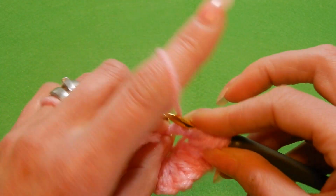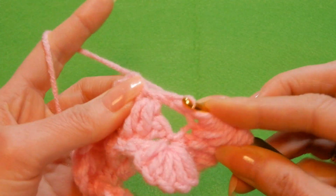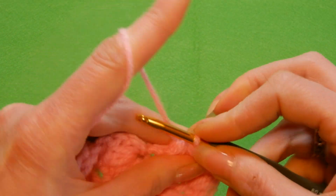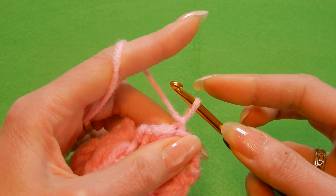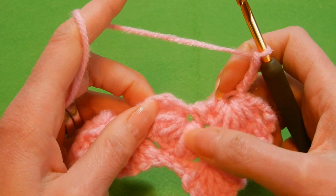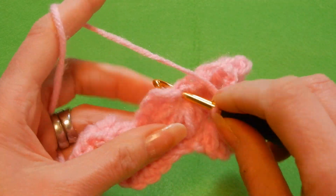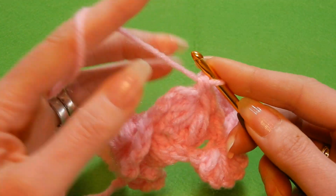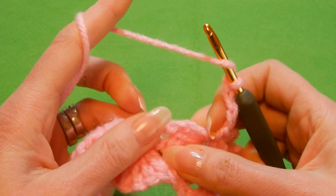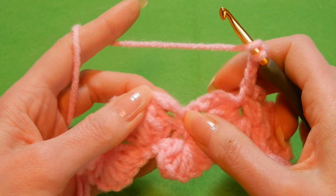Now the 6th one and the 7th one. Pull the yarn through all the loops, close that, and chain 3. 1, 2 and 3. So we have the eye here. We're gonna do a single crochet in there, chain 3, 1, 2 and 3, yarn over the hook, and now we have the chain 3, single crochet and